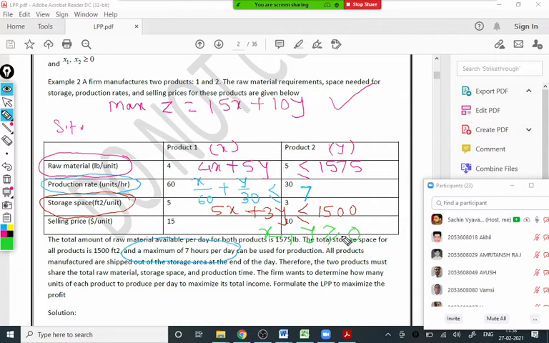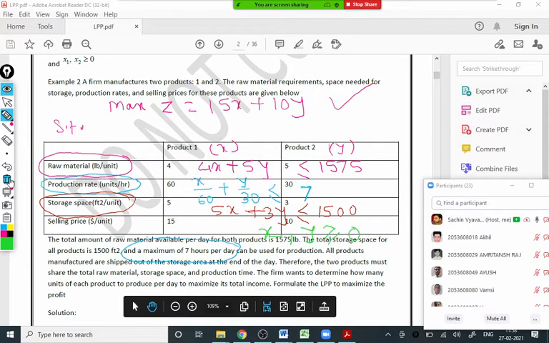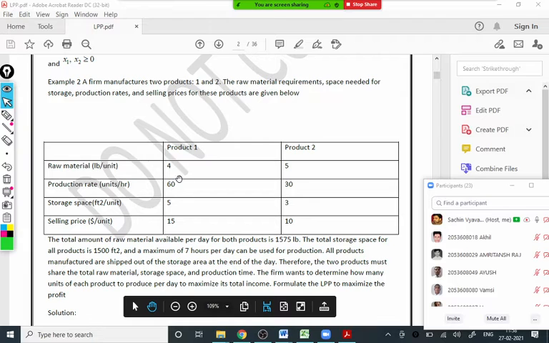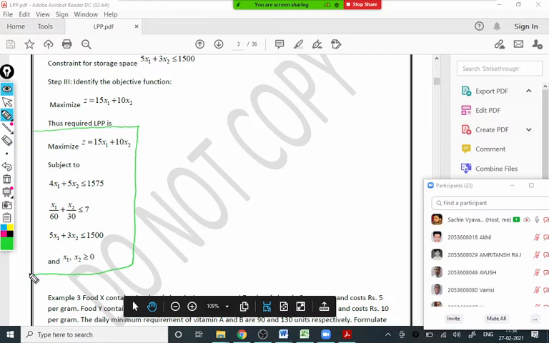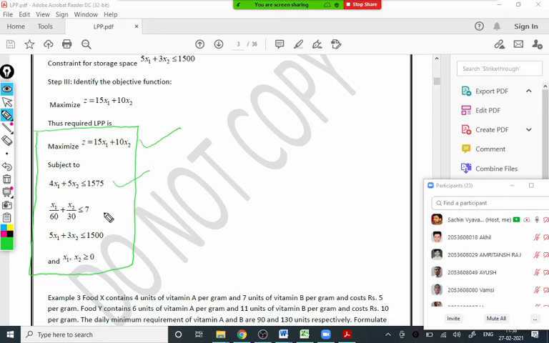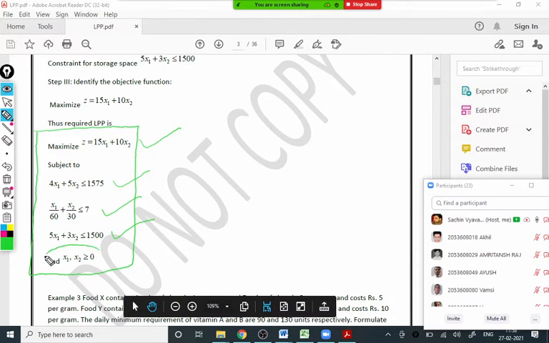Now in the exam, only this part you have to write. You have to write this objective function, then you have to write down these constraints. Let me show you the same answer here where it is written. So your final answer should be this one: the objective function subject to constraints 1, 2, 3 and the non-negative restriction. No need to write in detail there.